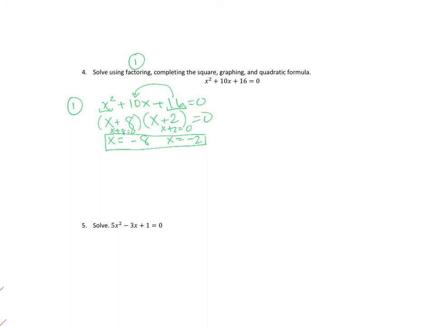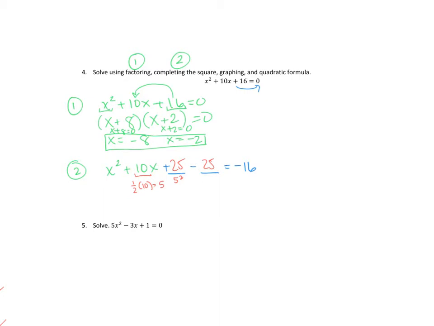So let's look at completing the square. To complete the square, we're going to have to add something to make this a perfect square trinomial, so then we can use the square root property. So I'm going to move the 16 over, so it'll be negative 16, just to keep that over there. So we take half of the 10, which is 5, and then we're going to square that. So we're going to have a 25 minus 25. And so what's nice about that